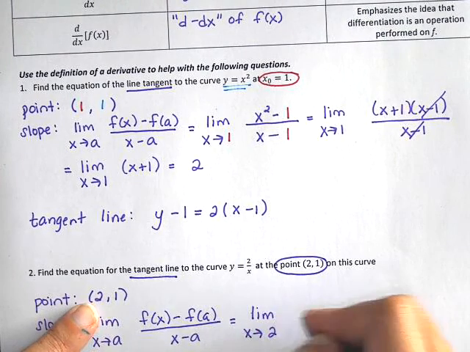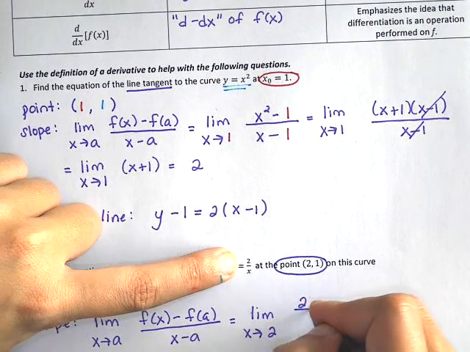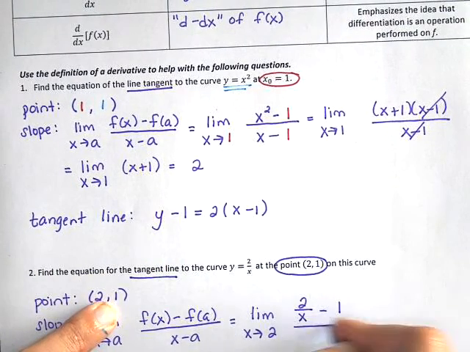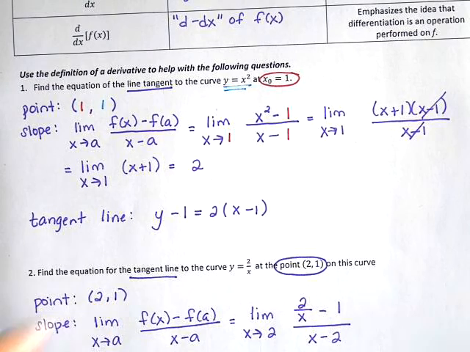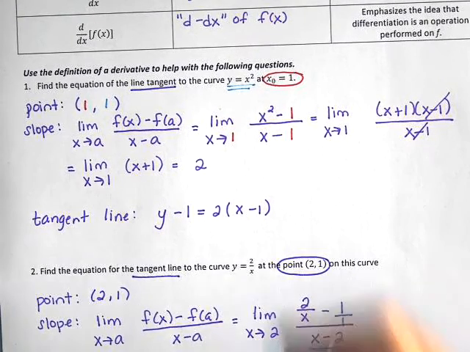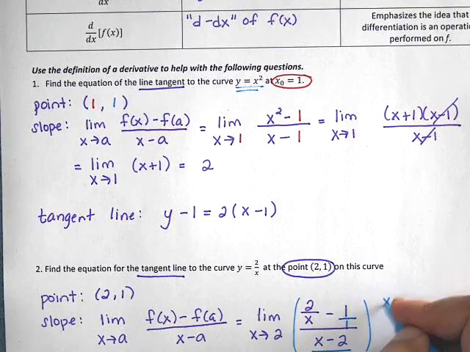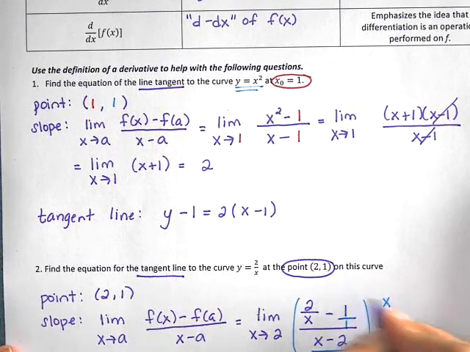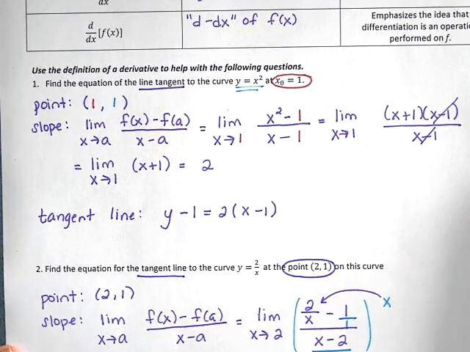Limit as x approaches 2, f of x would just be 2 over x, minus f of a. If I plug in 2, I get 1. That's my y value. All over x minus 2. I think the obvious choice here again is common denominators. So this denominator would be a 1. This denominator would be a 1. The common denominator would be an x. If I distribute that, I get the limit as x approaches 2. The x would cancel, so I would get 2 minus, nothing cancels, so x, all over, nothing cancels, so x times